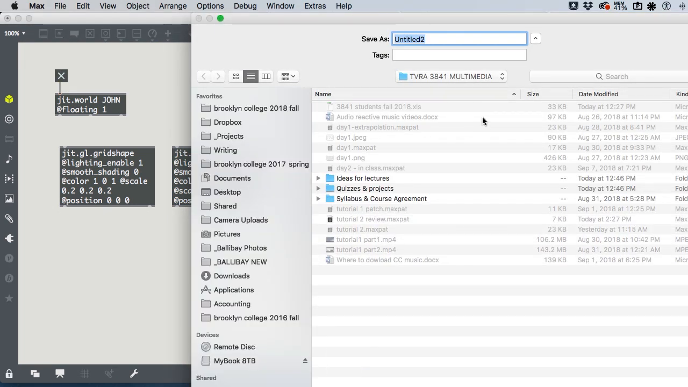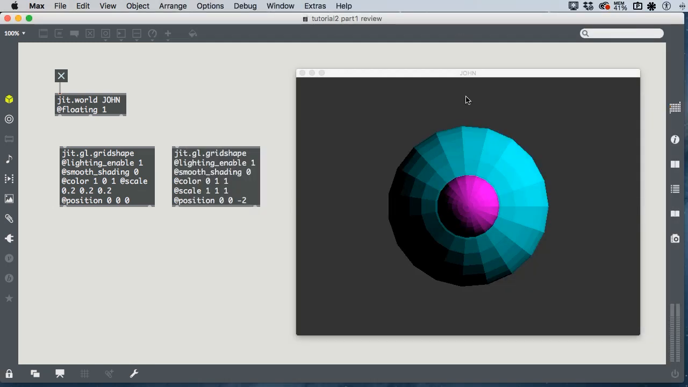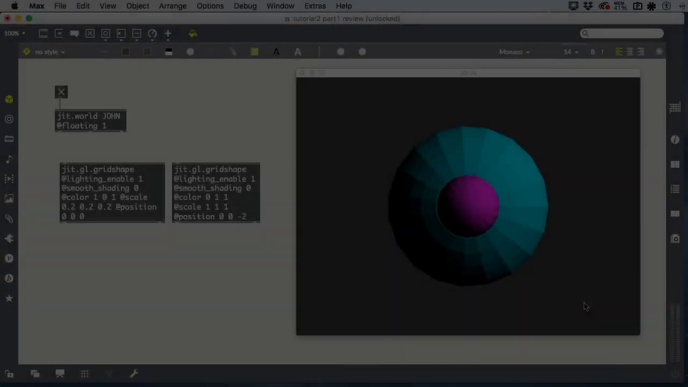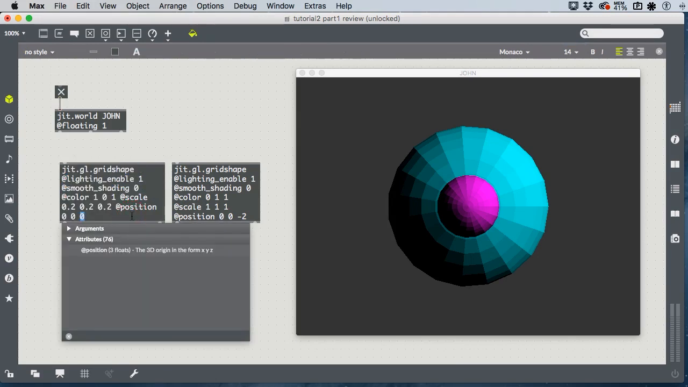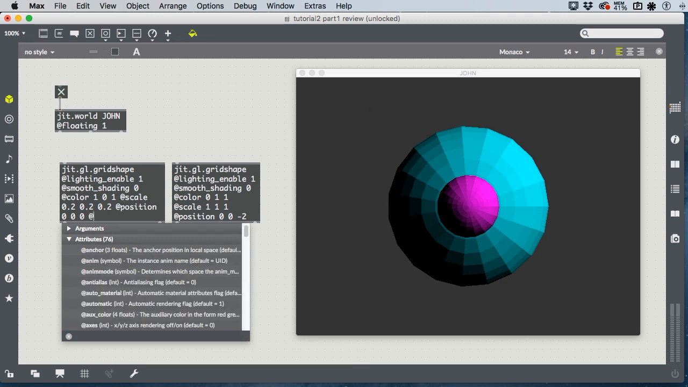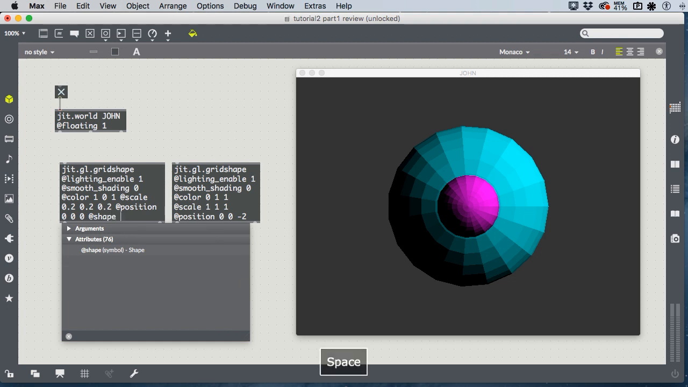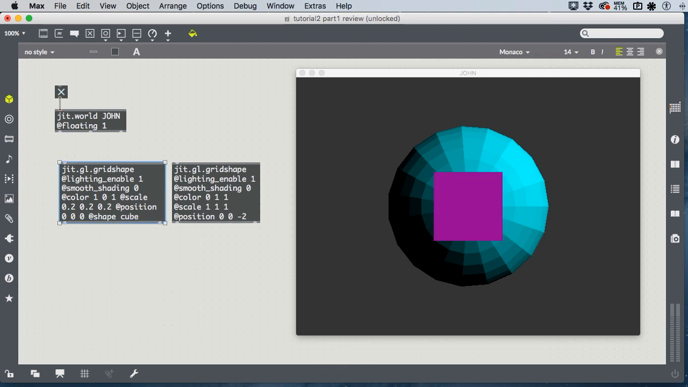Always you want to save your work as you go, and save often, because if the computer crashes and you haven't saved, you lose all your work, and that's unfortunate. We can look at rotate XYZ, which actually with a sphere is not going to be very visible. So let's look first at shape, where we can do different shapes such as a cube,